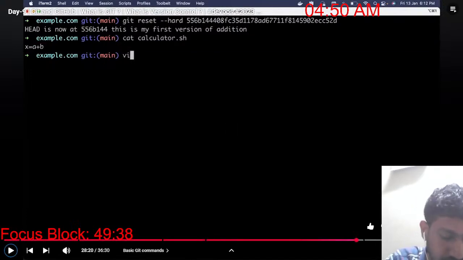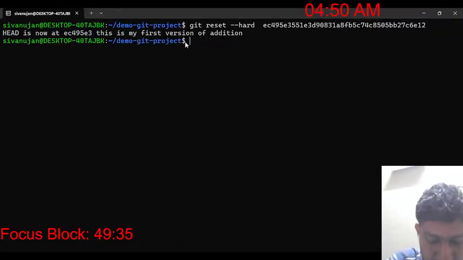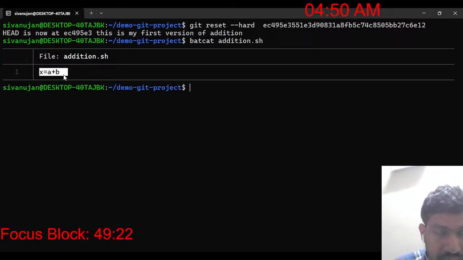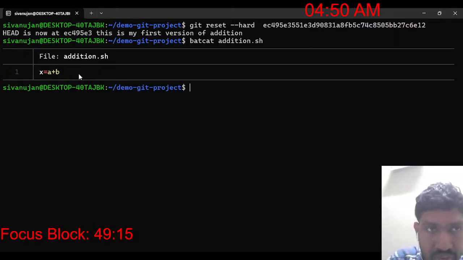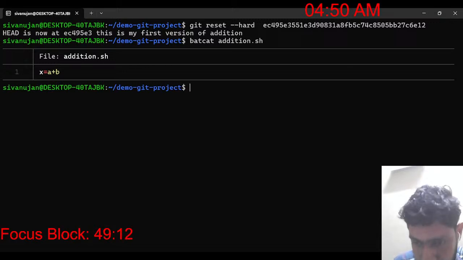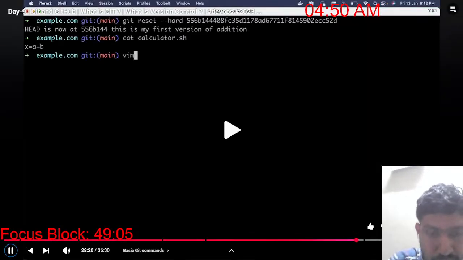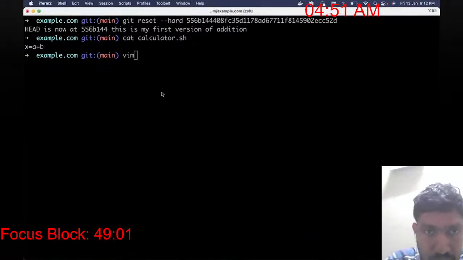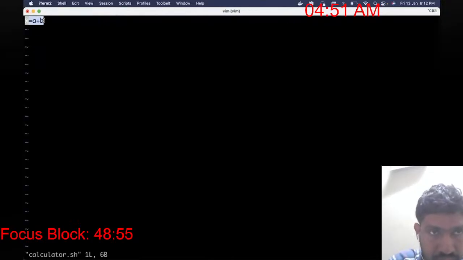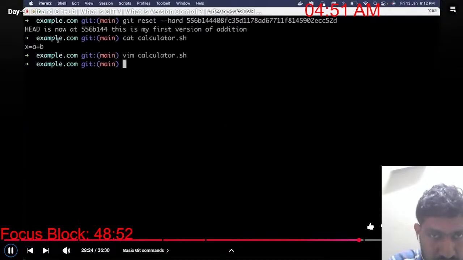Even if I do vim calculator.sh, you know, you can see that there is only one line that was changed. That means I came back to the previous version.